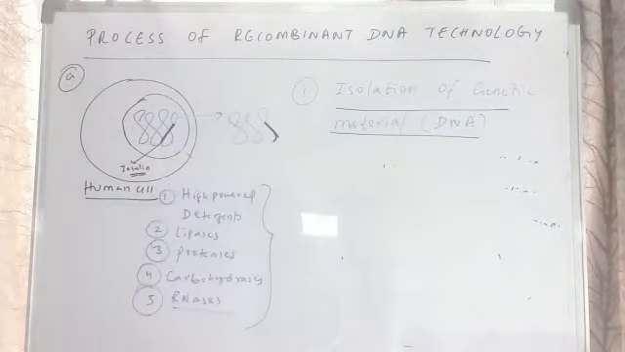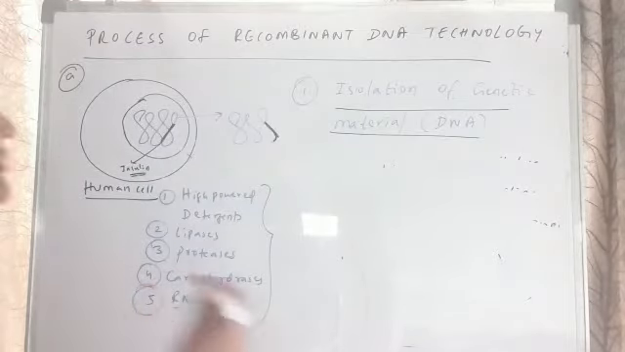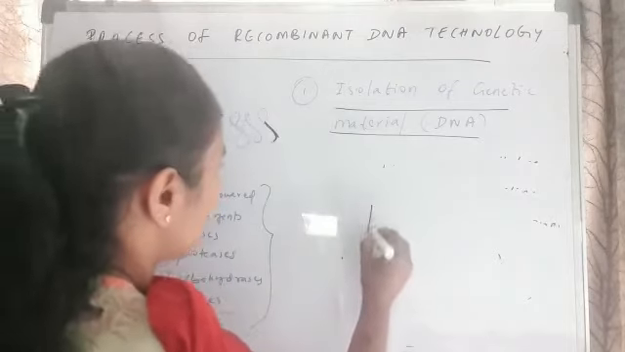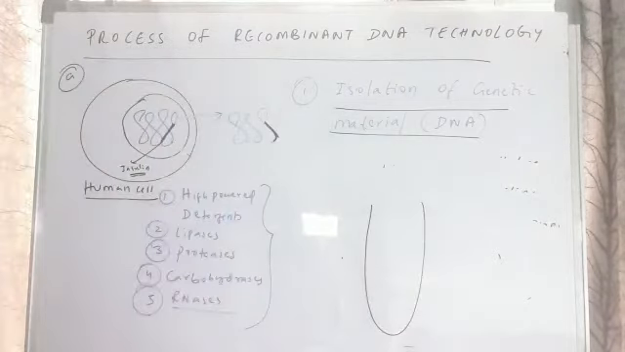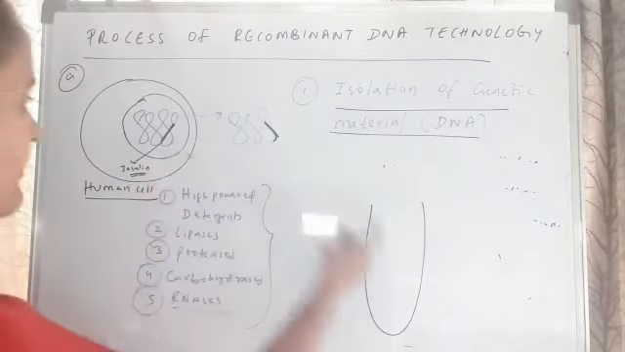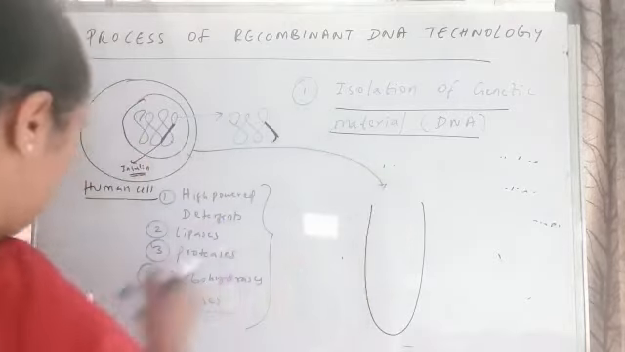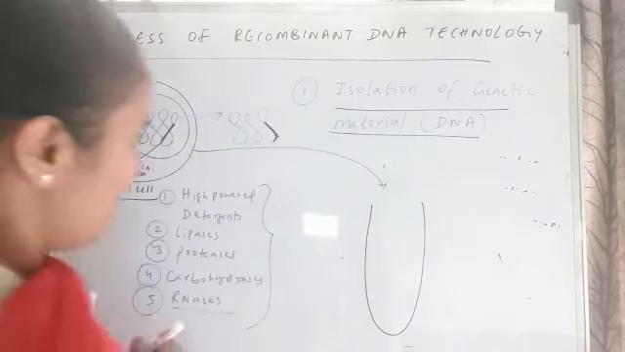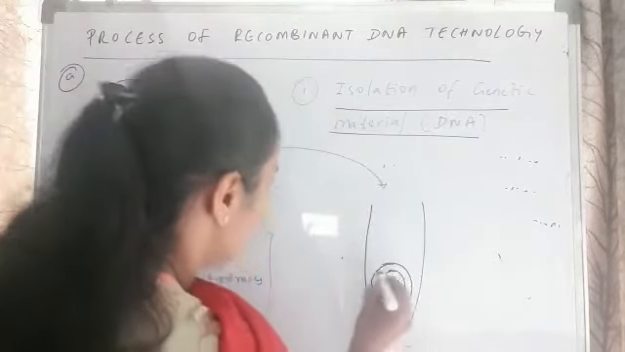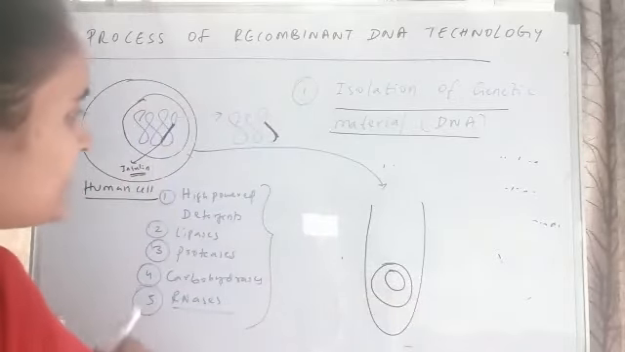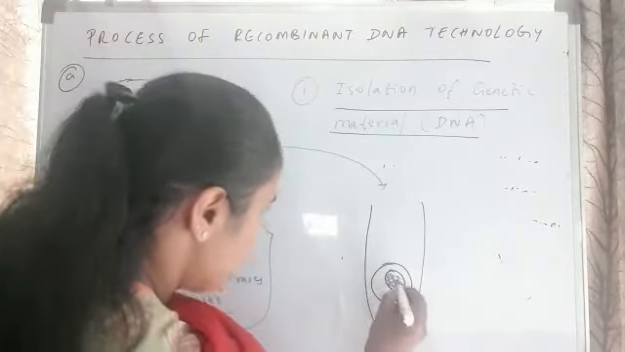So first what we do is, we will be taking, so this is a test tube. In this test tube, we will be adding this human cell, imagine. So I am adding this human cell. Right? And then the next procedure is,